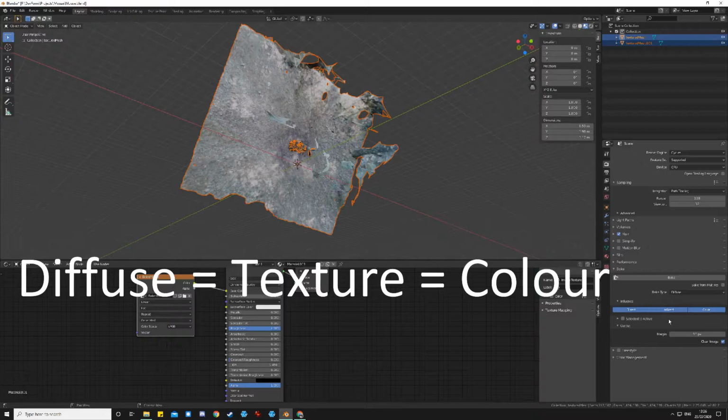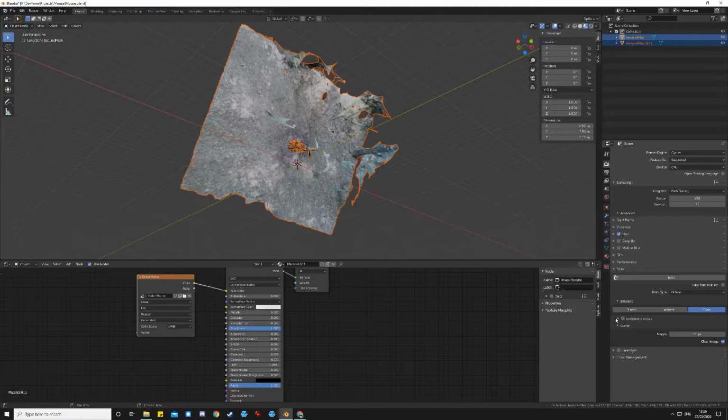Now, diffuse is just a fancy word for texture, and we're just going to try and set it to the color. We're also going to use this button, which we're going to select to active, which says that this is the active one that we want to actually be baking to. And I have to select a ray distance as well. Now, I select the ray distance sometimes quite like maybe 0.5